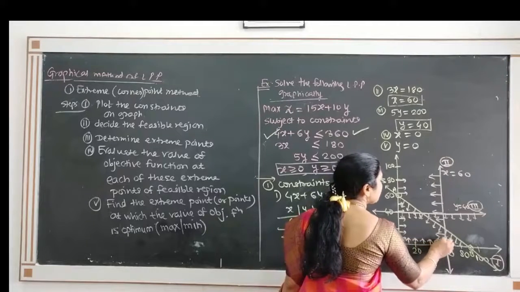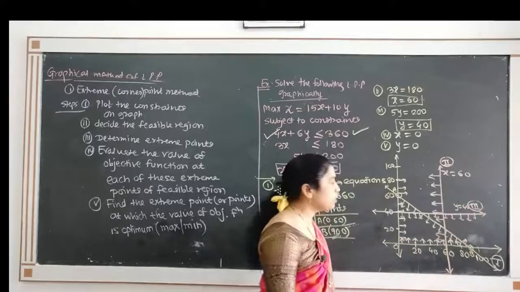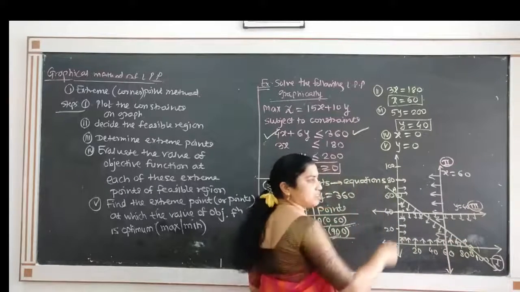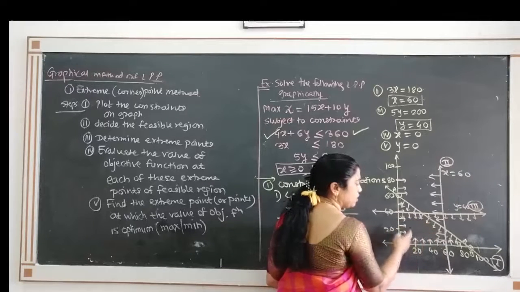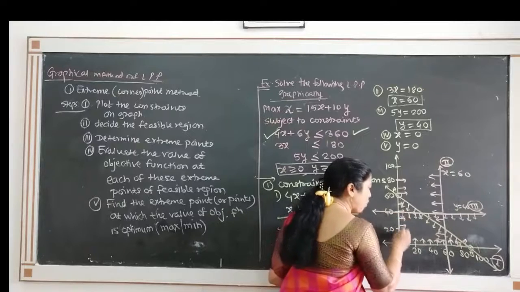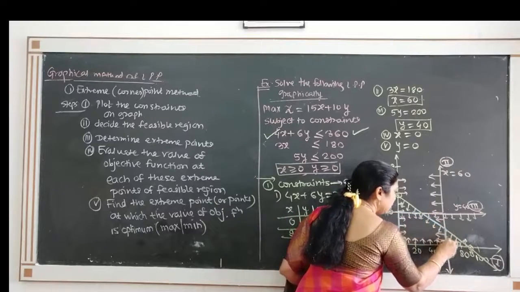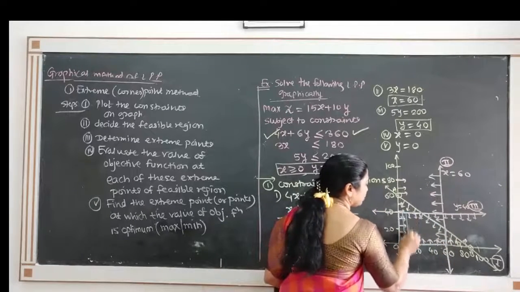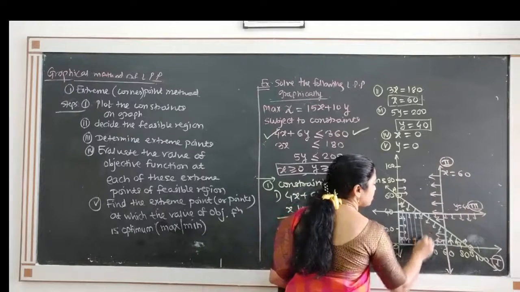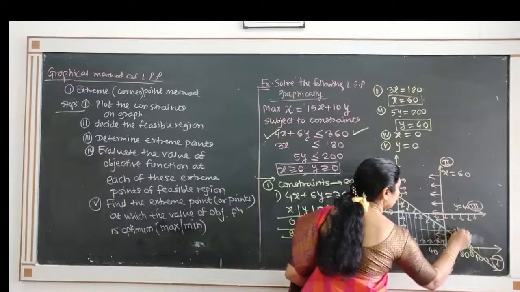Now we want the solution space, the feasible region, that is the common region. Which is the common region to all of these constraints? Do you observe that? See these, all arrows come in this region, which means that this is the common region. I show it by dark lines. See the shaded part. This is the feasible or common region.